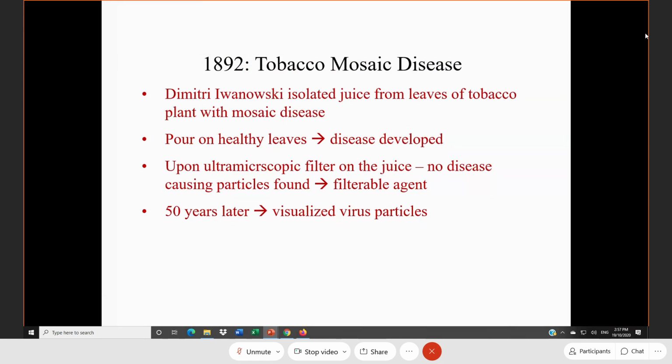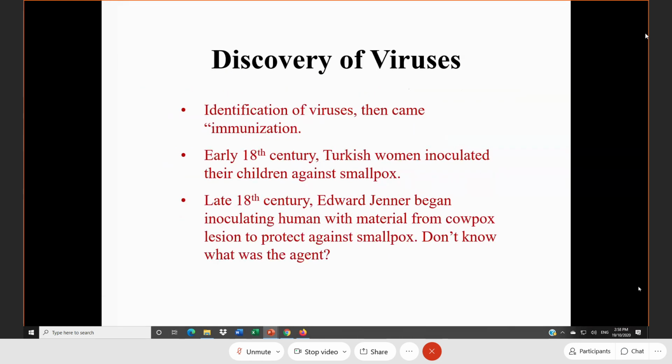So that's why you need to understand this virus, no? Then the smallpox virus has been eradicated, but the US still came up with a stockpile of the vaccine. So the smallpox vaccine is available, and about 10, 12 years ago it became popular because of the potential weapon of mass destruction. In fact, the Malaysian military, the Ministry of Defense, actually ordered about 2 or 3 million doses of smallpox vaccine from the US.